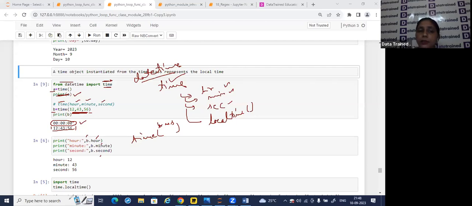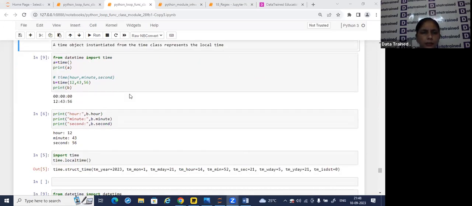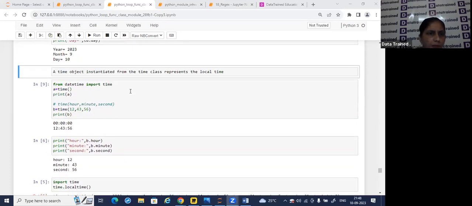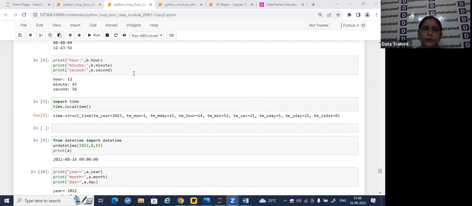Now, suppose I want to see the local time here. There's a specific module for that, and that one is time only. Directly I'm calling it here: import time, and there is a function inside it, localtime. It is going to give you the current local time, along with certain extra information, the year,